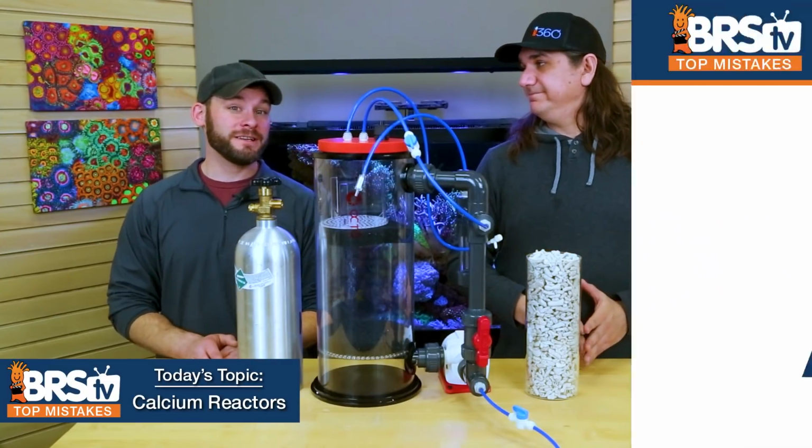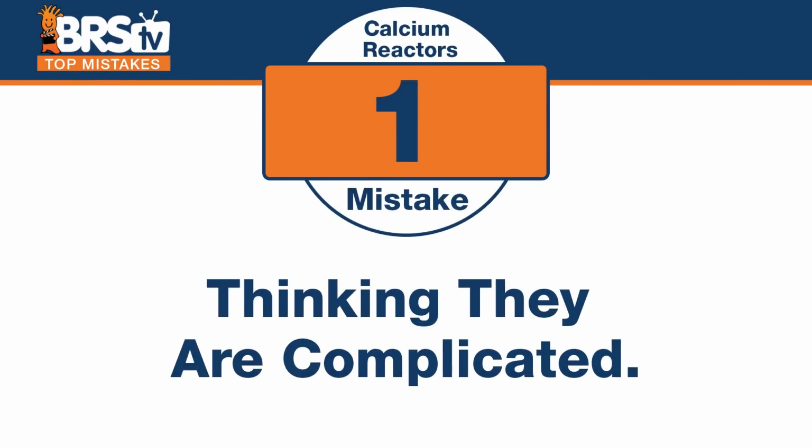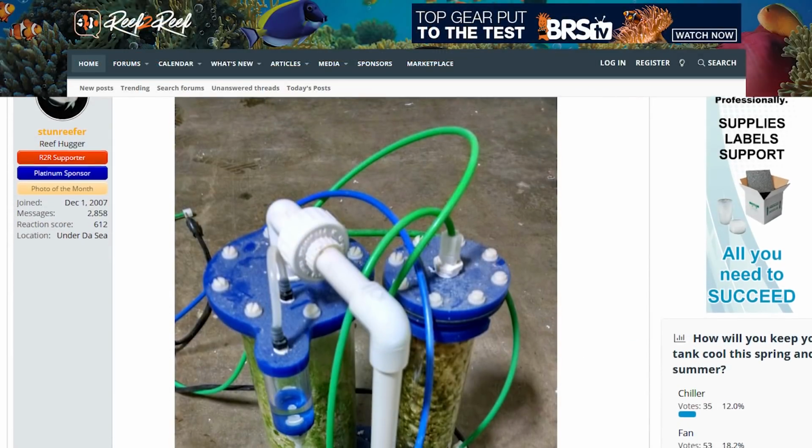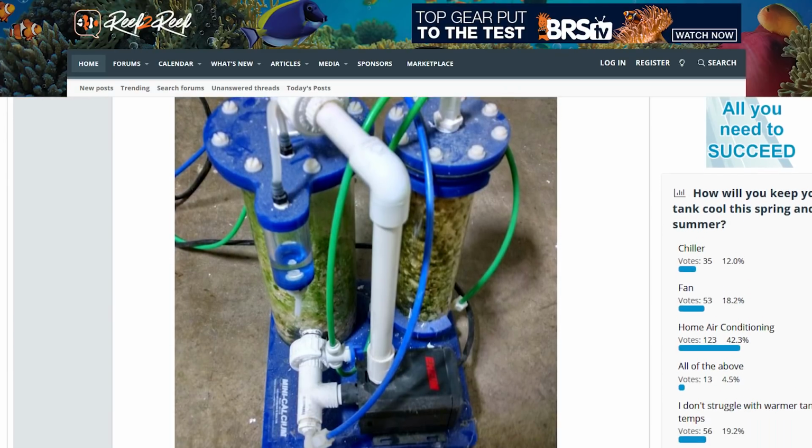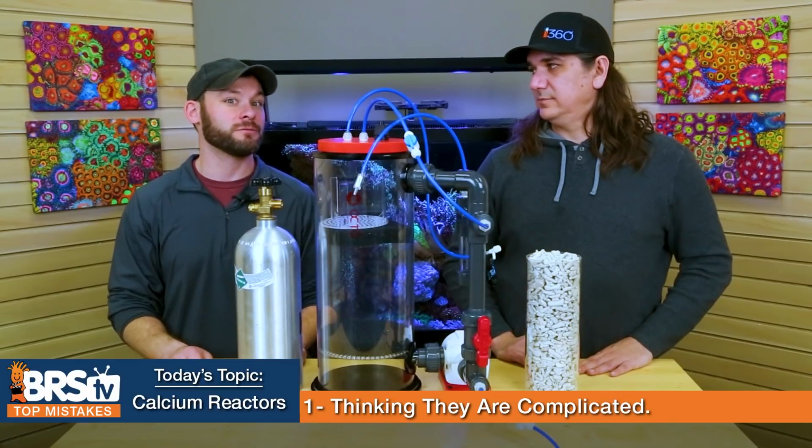one. Yeah, number one is thinking that this thing is complicated. It looks complicated, I know that, but it actually isn't. It was complicated like 6, 7 years ago when I first got into one. It was all a bunch of switches and bells and levers and stuff, but it's gotten really, really easy.